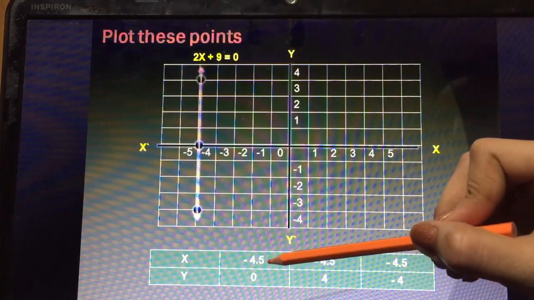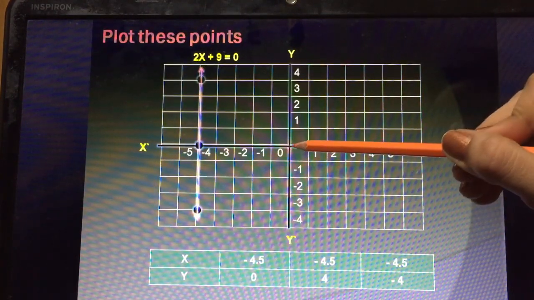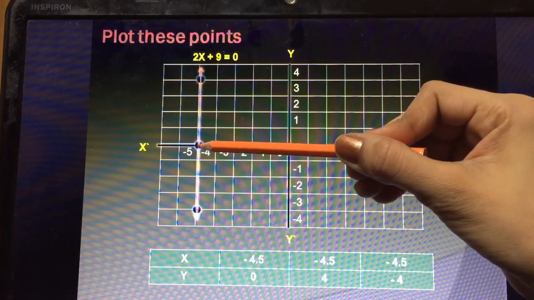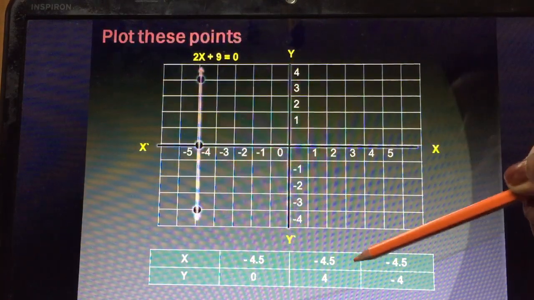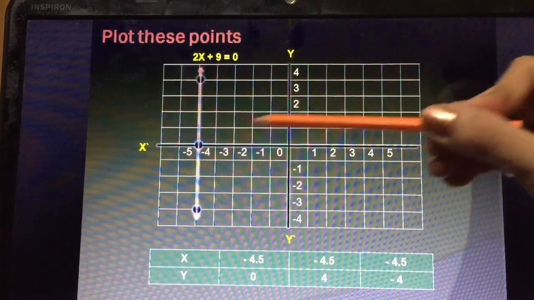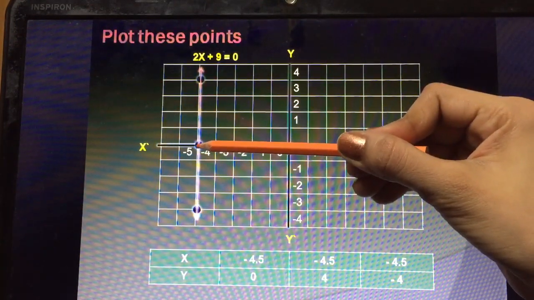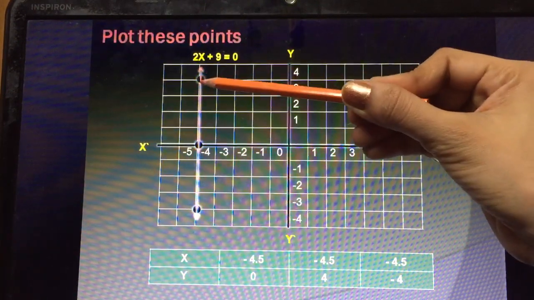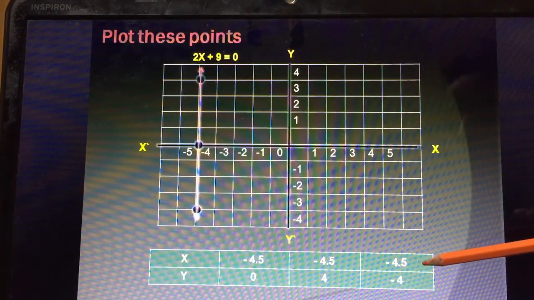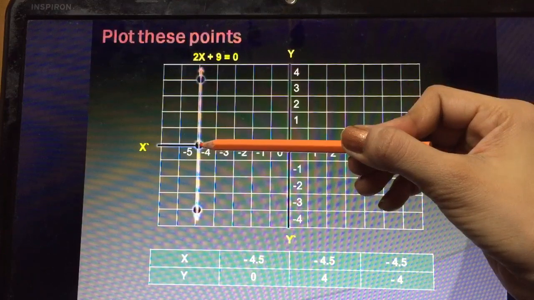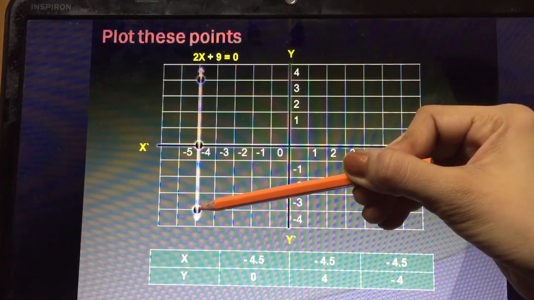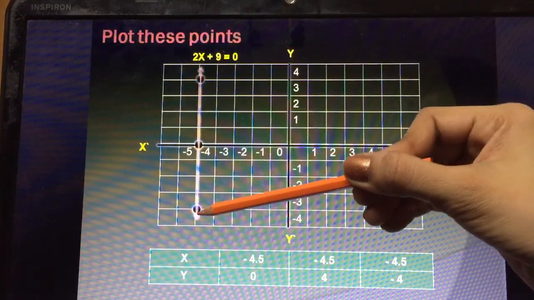So the first ordered pair is minus 4.5, 0. Minus 4.5 of x means towards the left, between minus 5 and minus 4 is minus 4.5, and 0 of y means this will be the point minus 4.5, 0. This is the point. Next is minus 4.5, 4. Minus 4.5 is the same, 4 means up, so going here, this is your minus 4.5, 4, second point, this one. Next is minus 4.5, minus 4. Minus 4.5 is the same, so for minus 4 we have to go down. So this is the corresponding point, minus 4.5, minus 4, right?